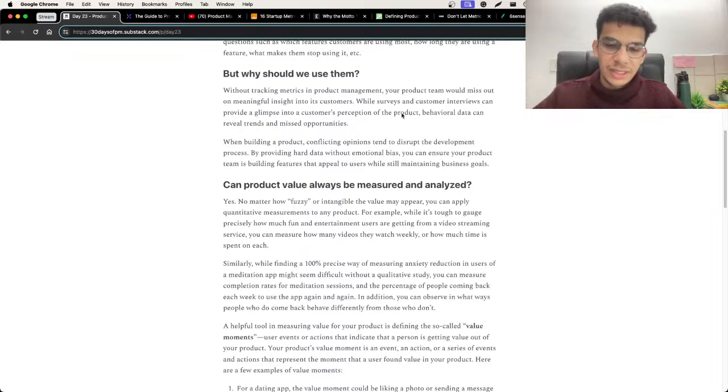There are n number of ways you can look at and track and get data for with the tools that are available in the market now. But you need to figure out what your key metrics are. What are the key metrics for your product to take care of? So for that, I think we have a list from Andreessen Horowitz, which is a very well-renowned VC firm in the US, and